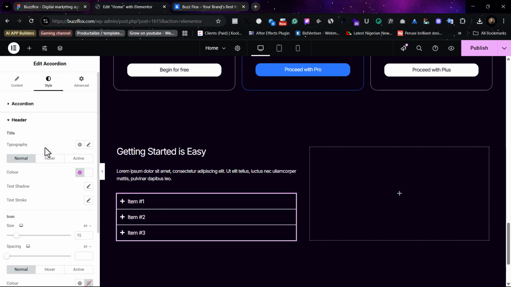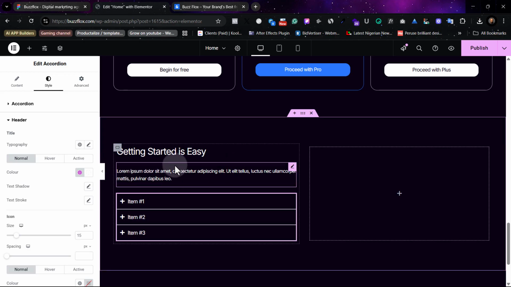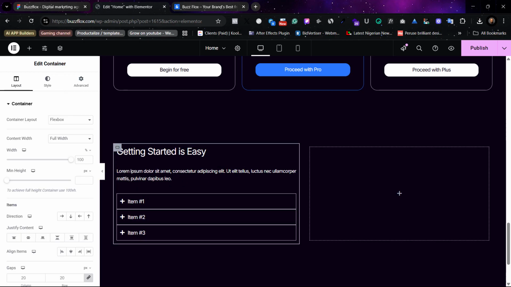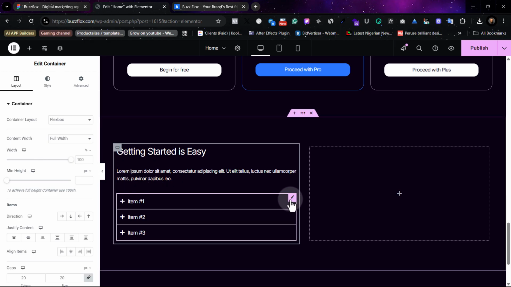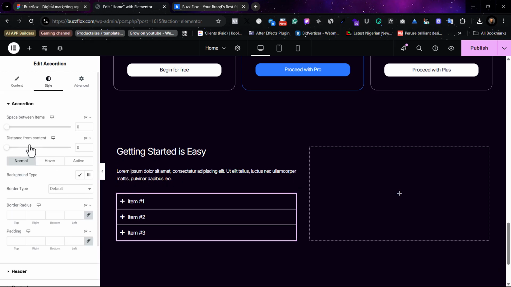Okay, so now on hover, by default, this is how it looks like. On hover, we have to change it. So on hover, we are going to change it to,